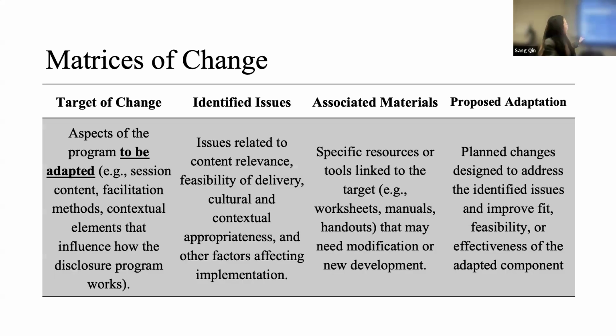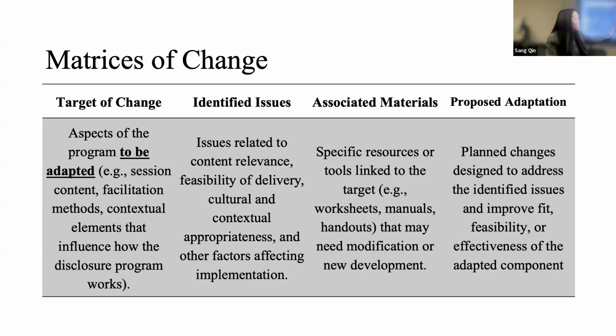And then we can advance to how we do this very systematically. Your community advisory board at this point probably already has an idea of what the original intervention is and what context we want to adapt it to. Then we need to systematically say what pieces we need to target for change, the change of the program materials that need to be adapted. We also need to link back to say why we need to make those changes. So we identify those issues for the tailoring, and we identify what changes we need to make.